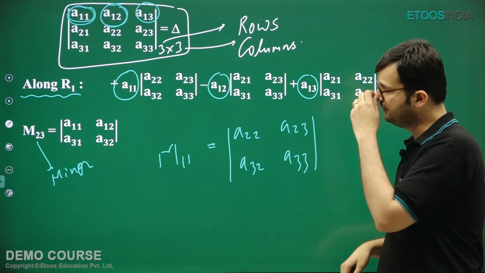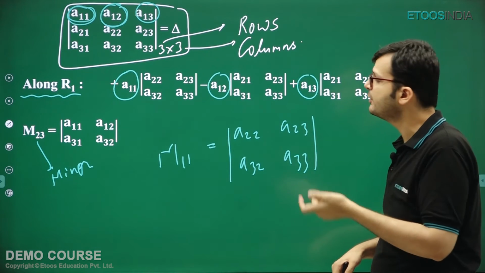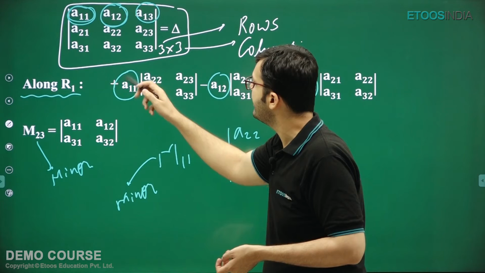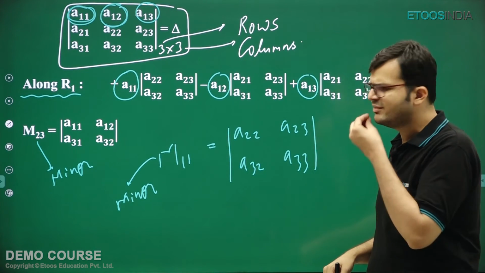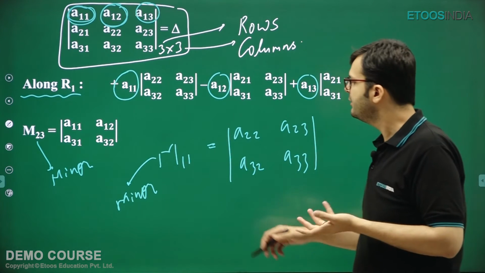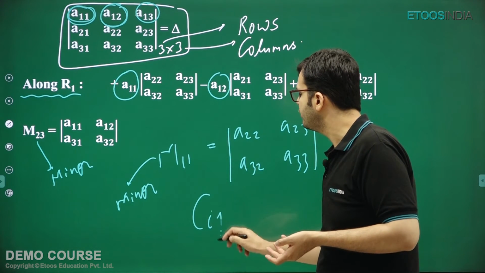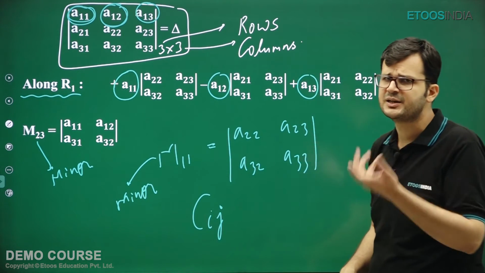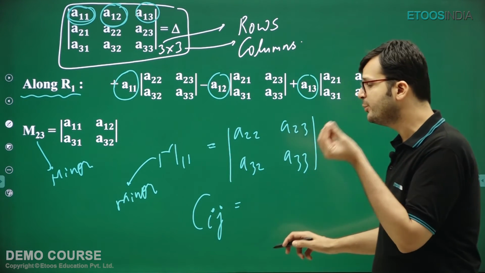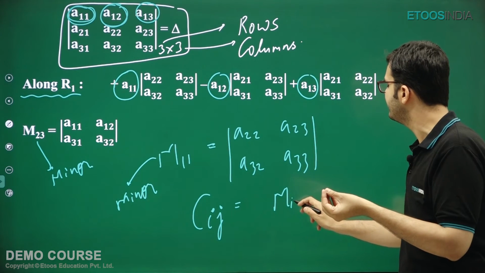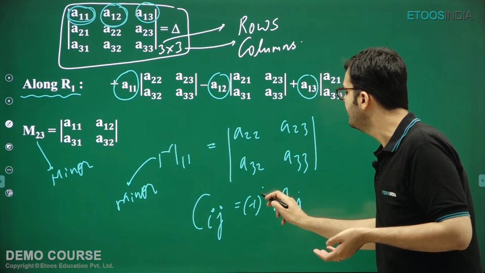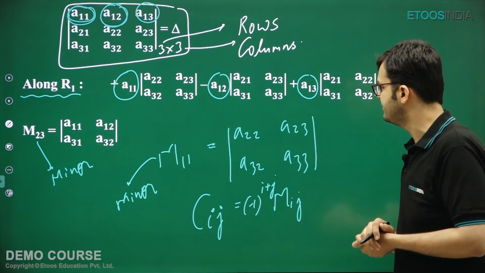Is it fine? And as I said, this is the minor actually. I said that we have to multiply every element by its cofactor. What is the difference between minor and cofactor? Only the difference of sign is there. That means how will you calculate the cofactor of any element, let us say ij? I am generalizing this formula for cofactor. The value of cofactor is going to be the same as the value of minor as far as magnitude is concerned, and we are going to multiply this expression by minus 1 to the power i plus j.